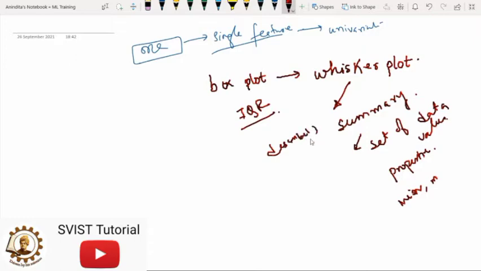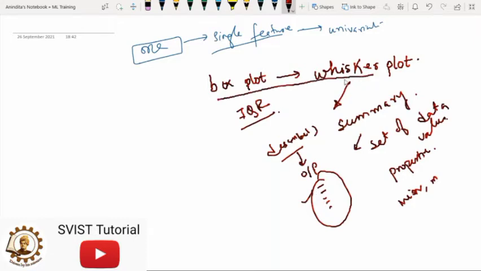But this describe function will give you some output in terms of real values. And I've already explained that human minds are not very good at analyzing numbers. So if we see any visual effect, it will be much easier for us to find out the underlying statistics of my actual data set. So box plot or whisker plot is used to find out the summary visualization. This point you have to remember. So instead of using the describe function, you can also use box plot or whisker plot, or here you can use both.